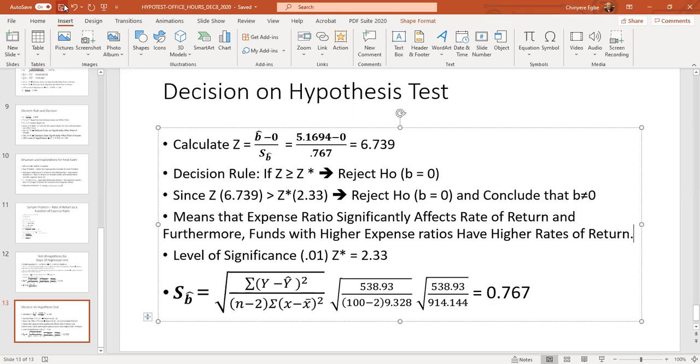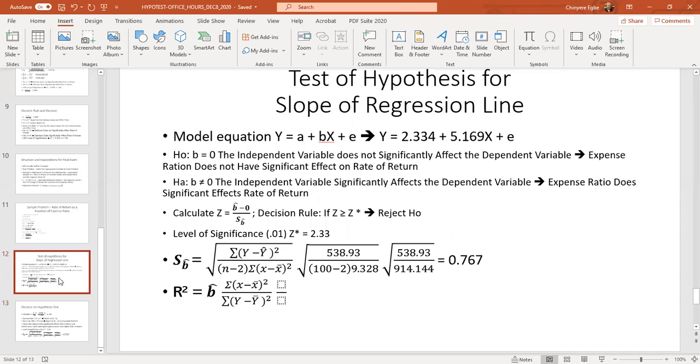Now, there is a multiple choice part of the exam, then there is the essay part of the exam. As you can see in this problem, I didn't solve every problem that I put up here. For example, I did not solve for the coefficient of determination. So you should practice on that. Maybe we can just do it here since we have it.